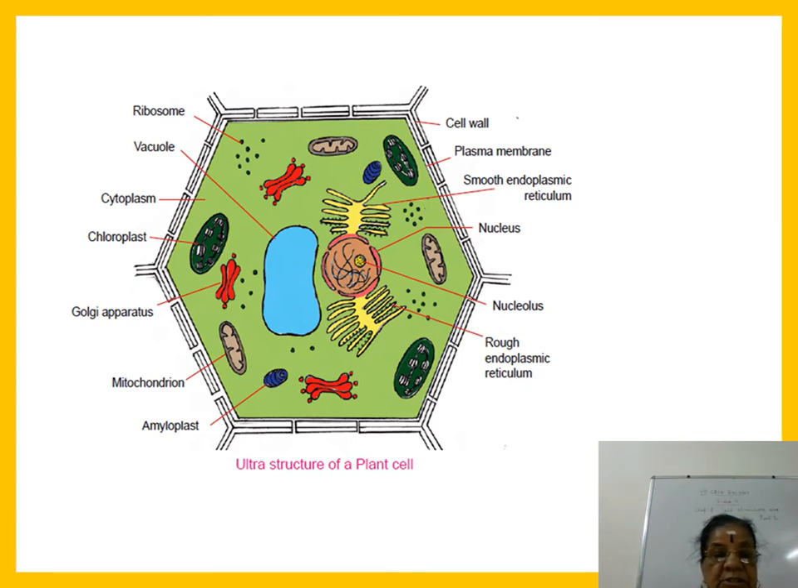Plastid, which in turn has three types: chloroplast, chromoplast and leucoplast. Now in the plant cell, the green color you see are all chloroplasts. So the presence of plastids is one of the three characteristic features of the plant cell. So now when we take